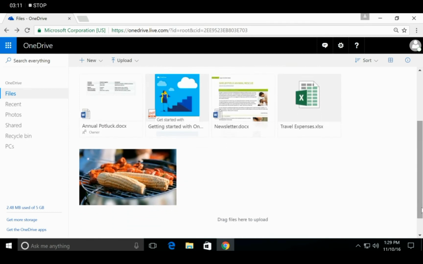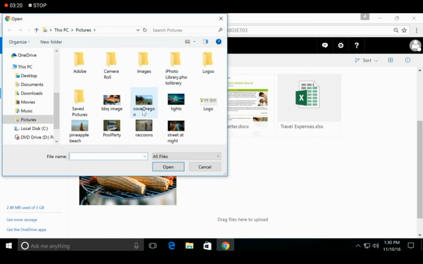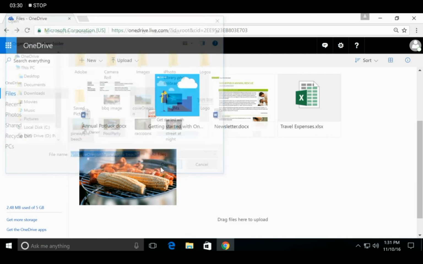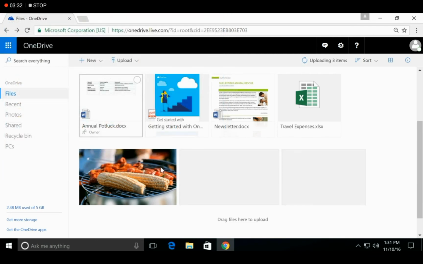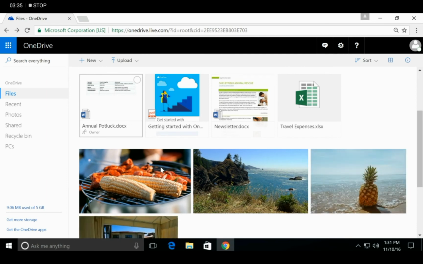There is also a basic option by which you can upload any file to OneDrive. Just click on the upload option and then choose files. After clicking on files, you can choose more than one file at a time, and after selecting, you just have to click on open. So it will upload all the files to your OneDrive account. As you can see, it is a very easy method to upload any file on OneDrive. So you can choose any one of them.